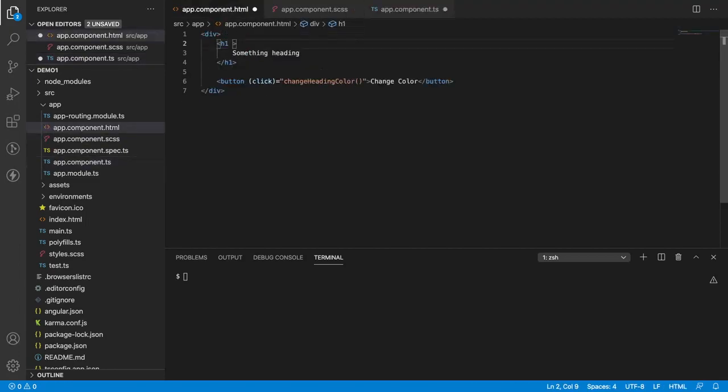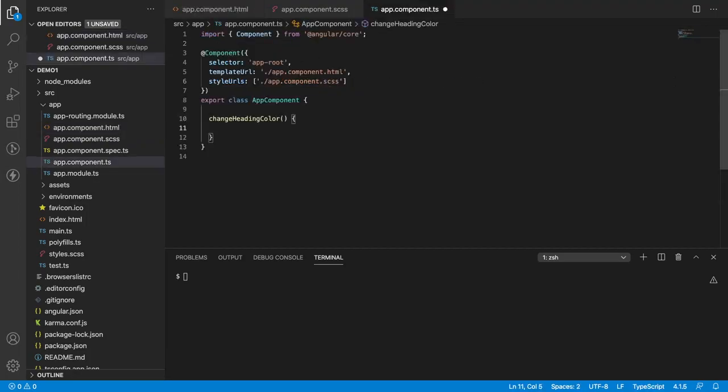Instead of defining it directly in my h1 tag, I'll use an ID, headingId, and we'll see how to change this color dynamically using JavaScript. Change color to red. I used something like this, saved it, and I have an ID. When the user clicks on change heading color, this method will be triggered.